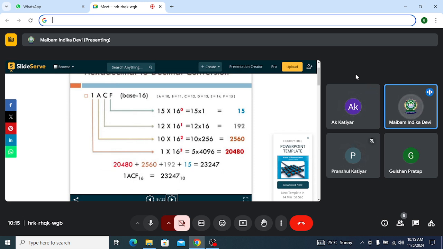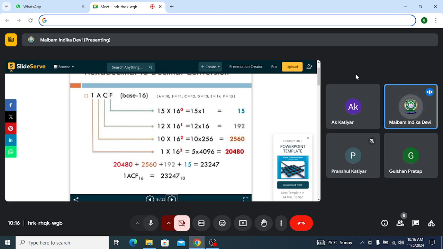Hexadecimal to decimal. Till now, whatever we are doing, we are converting any number to decimal. Here we are discussing four numbering systems: decimal, binary, octal, and hexadecimal. Whether it be binary, octal, or hexadecimal, you are converting any given number system to decimal. The step is you multiply the given digit with the base to the power of the position of the digit. That is the general formula.